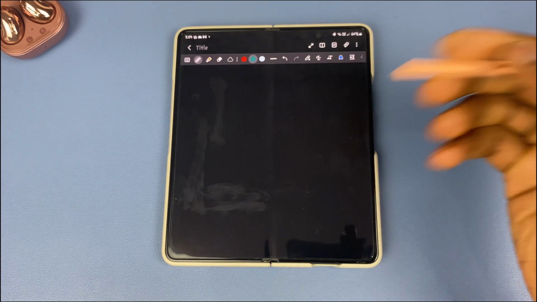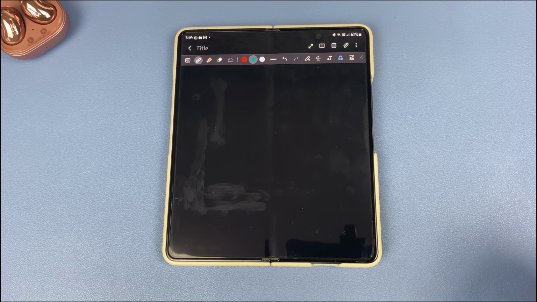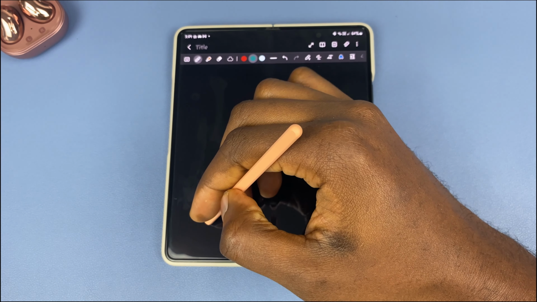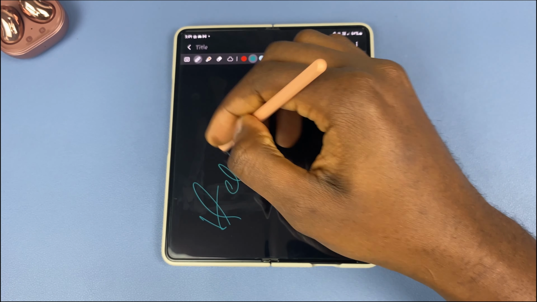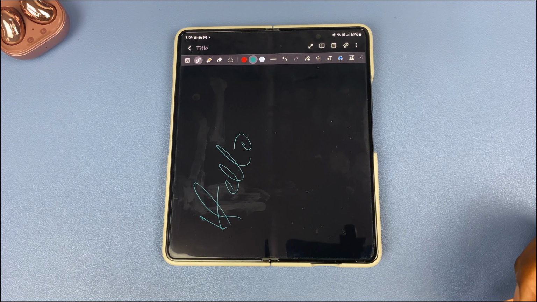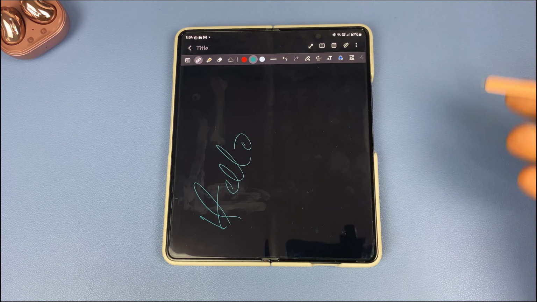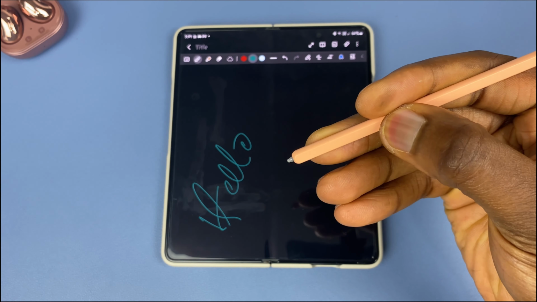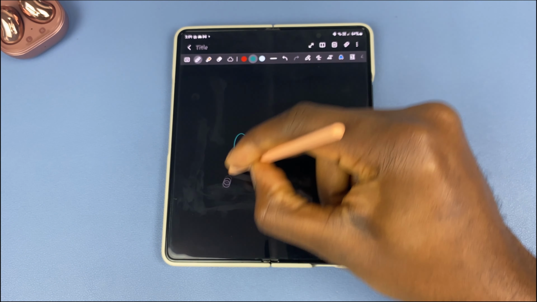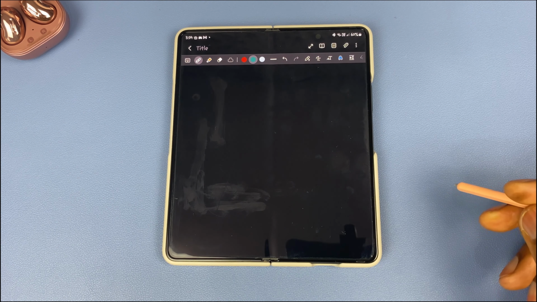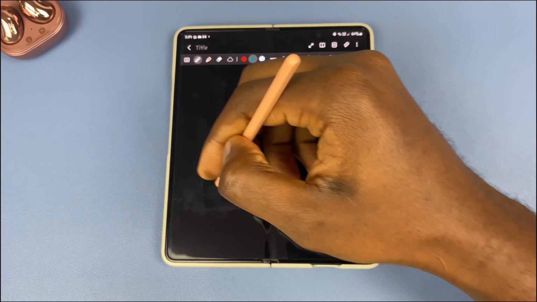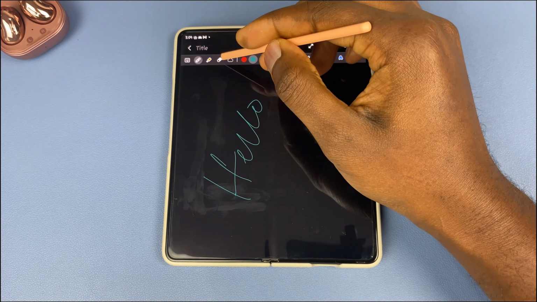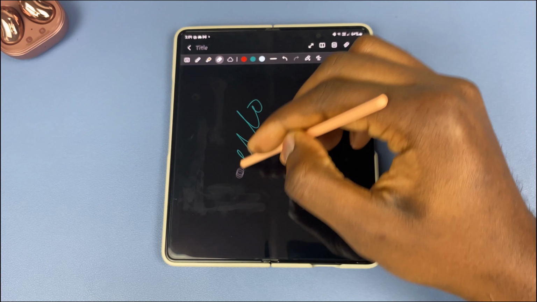When you're in Samsung's memo or Samsung's notepad or whatever you want to call it, and you're writing something, let's say you type in hello, okay? The handwriting is terrible, right? So I want to clean it off. All you need to do is tap on this button right here, hold it, bring it down to the screen, and clean it off. Do you know what I was doing before? I would put hello right there, and I would tap on this. And